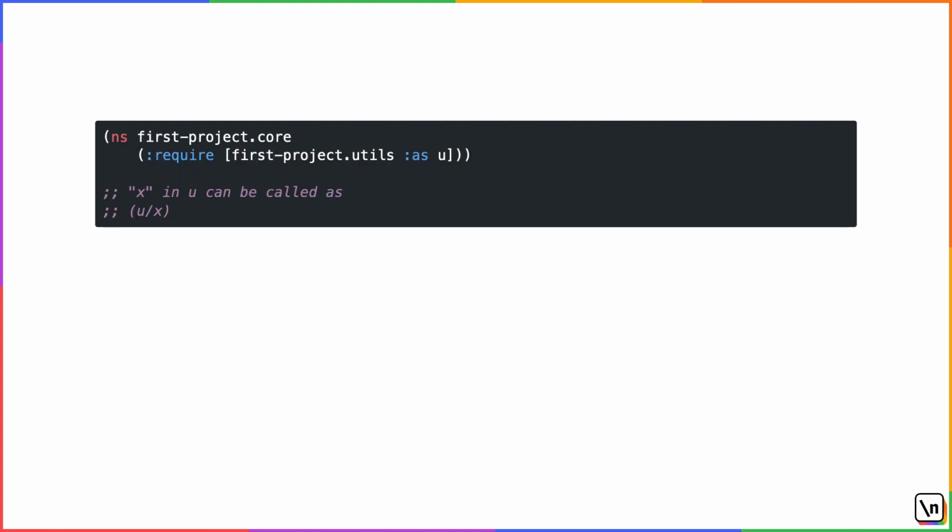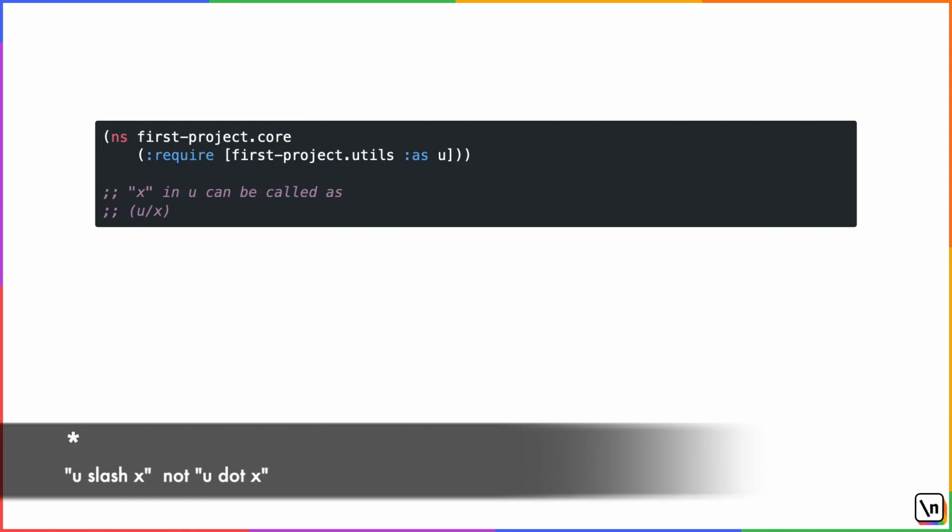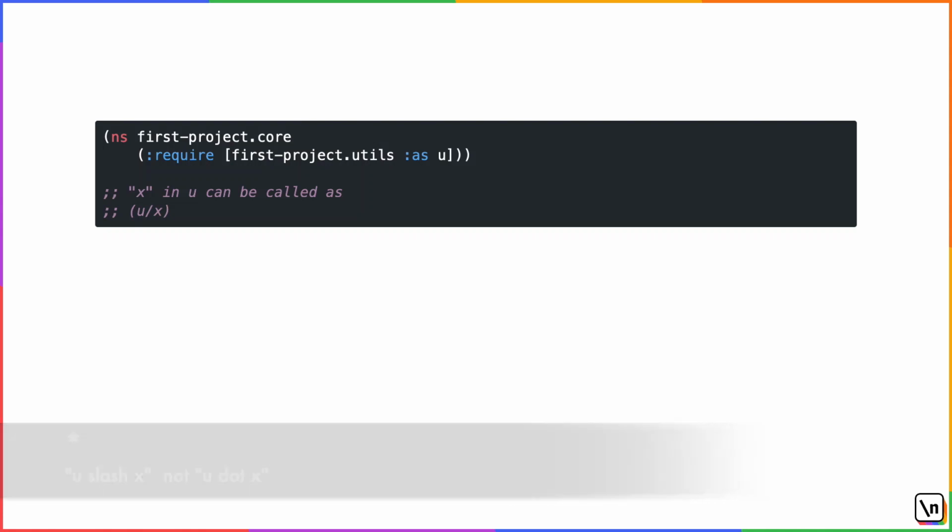If we had another namespace, say firstproject.utils, we can use the functions defined there in the core namespace by using the require argument for this macro. With the require statement, any function x defined in firstproject.utils will be available as u.x in the firstproject.core namespace.